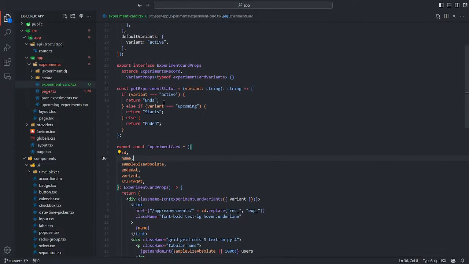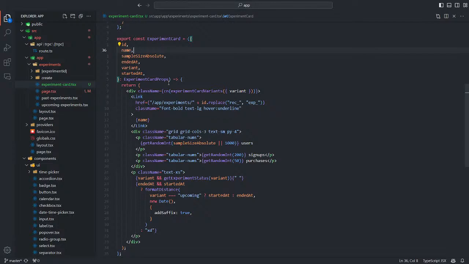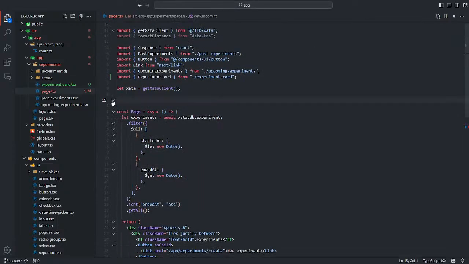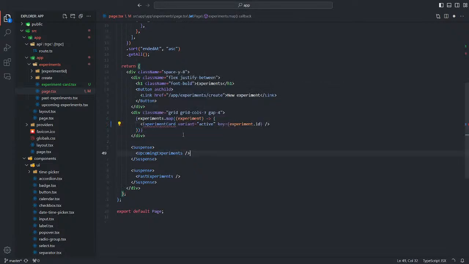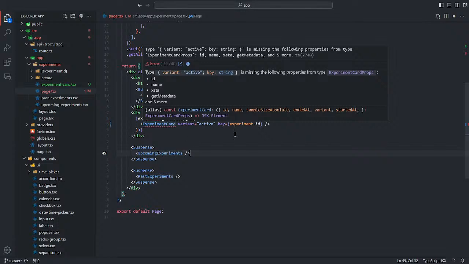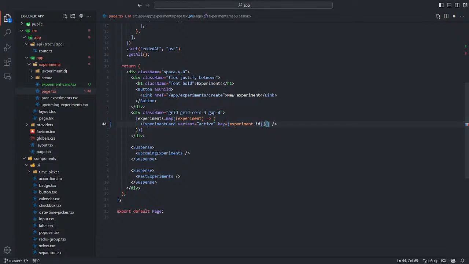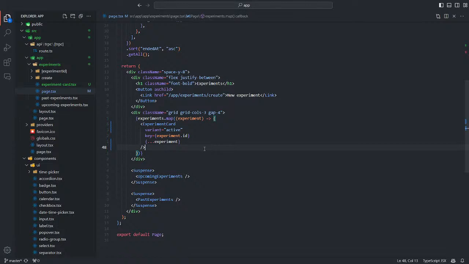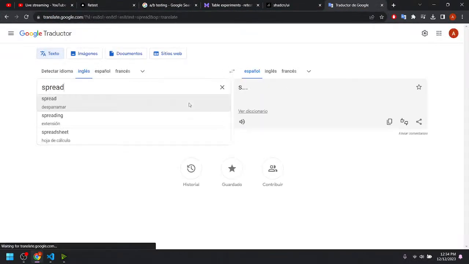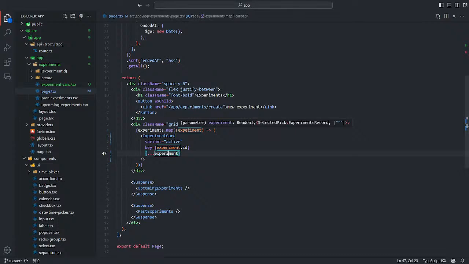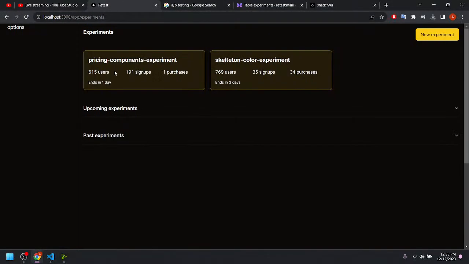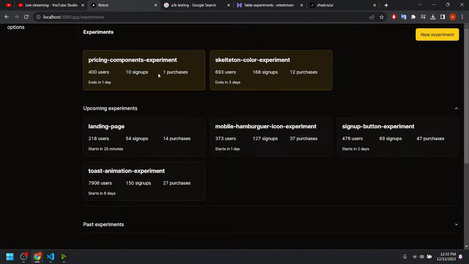What's the error here? Data. Right. Okay, here we are spreading the data of each experiment inside this experiment card component, and let's see how it goes. Okay, it works as expected.